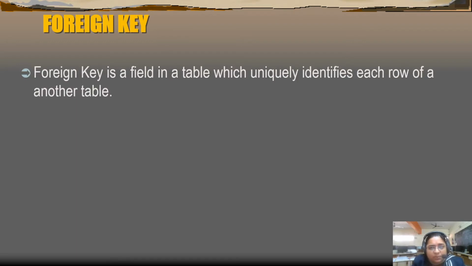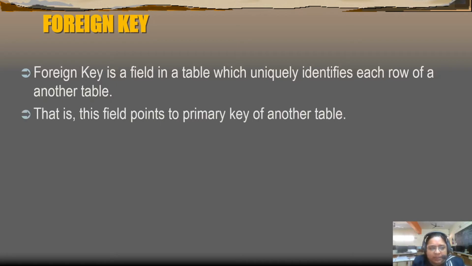First of all, we need to understand what is a foreign key in a table. So, a foreign key in a table is actually a primary key from some other table. So, it is a field which uniquely identifies each row of another table. Hence, the term which I use is that it is already a primary key in some other table and it has been referred to or used in another table, and it can contain duplicate values.